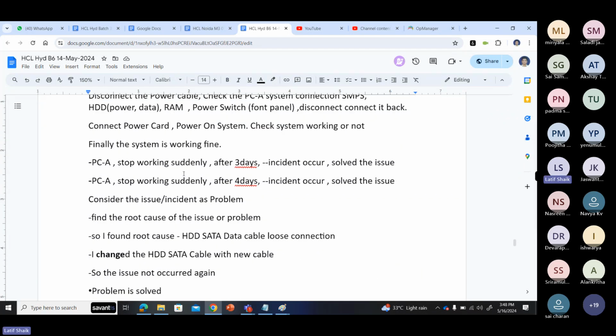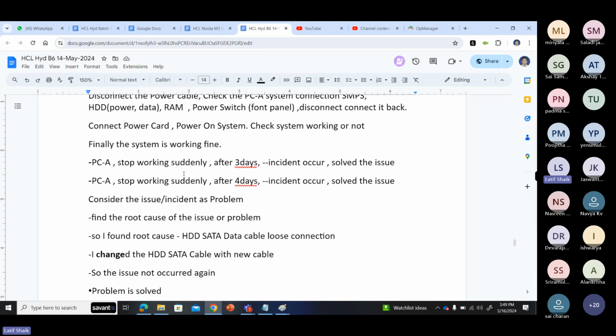I also gave an example, so you can ignore the example too. An incident happened in our Pune office, not in the Hyderabad office, so I have experience in that place. Suddenly a system stopped working. We didn't understand, so we checked. I opened the cabinet and checked the hard disk cable connectivity. There was a loose connection, so I disconnected and reconnected it and turned on my desktop PC. Then it was working.